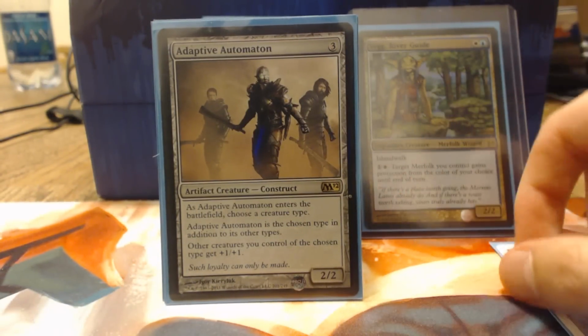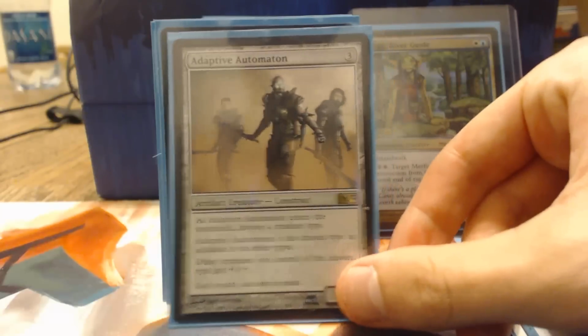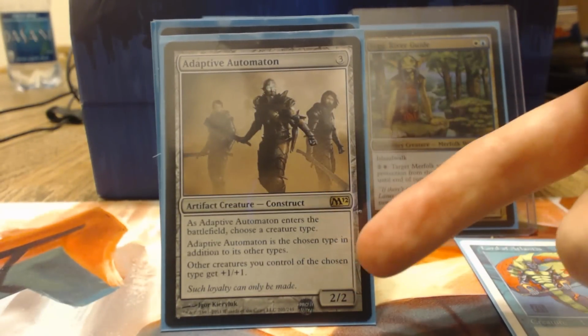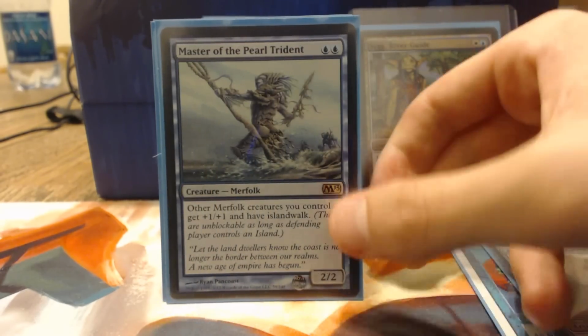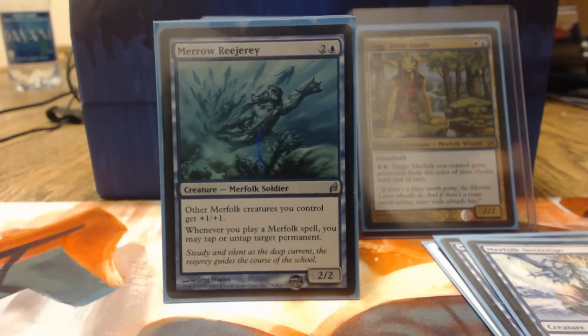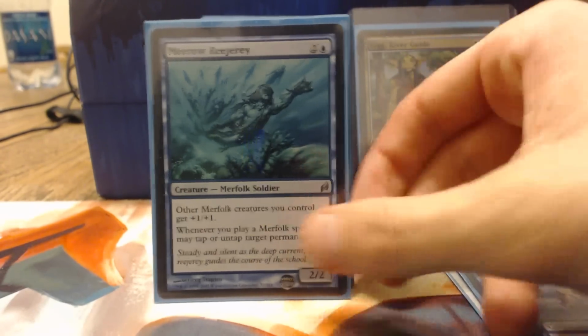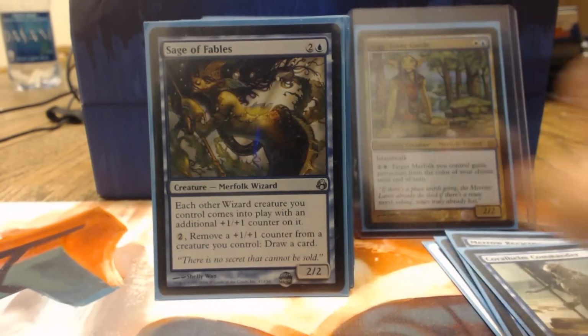Adaptive Automaton, because we need more lords. What's cool about this is you can name wizard, or you can name merfolk if you really need wizard as your subtype. Master of the Pearl Trident, Merfolk Sovereign, Merrow Reejerey, great, Coralhelm Commander, Sage of Fables,